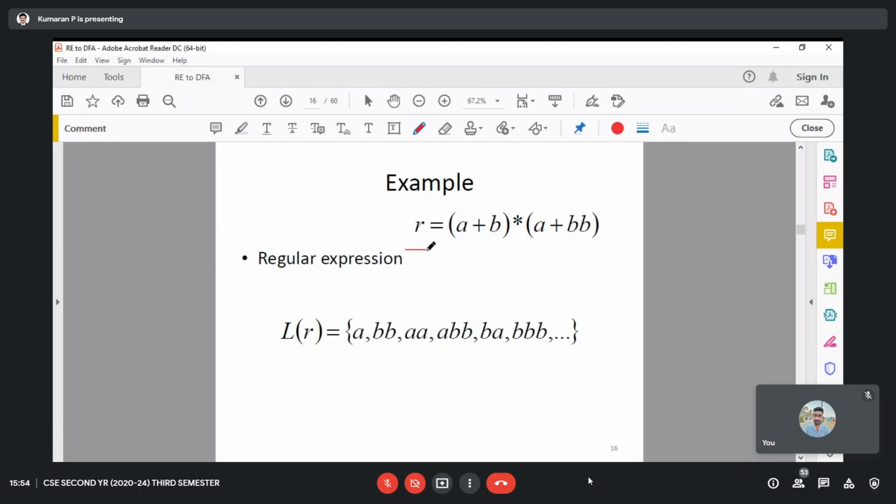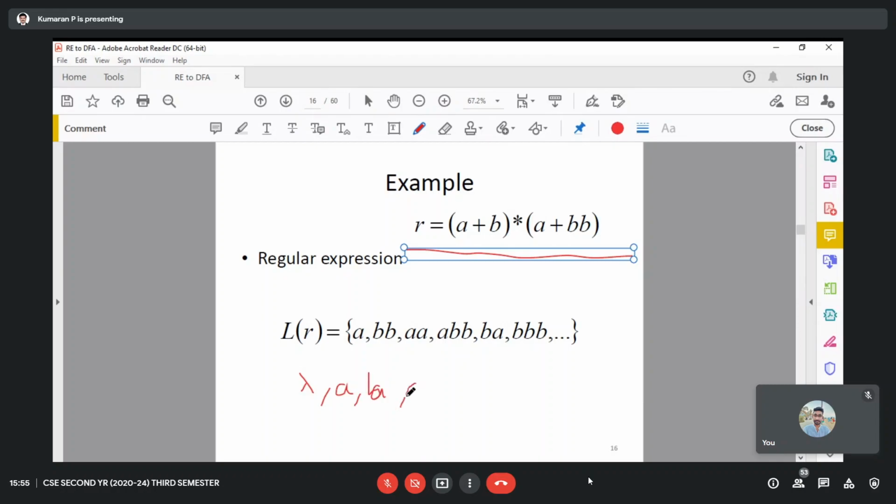Now you can see one more regular expression. (a plus b) will have a star operation, I mean (a plus b) will have a closure, and a plus b is a union. Then what is the answer? Here what will we get? Here we will get lambda, a,